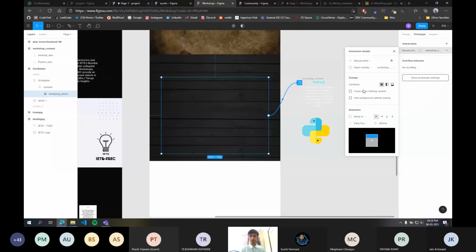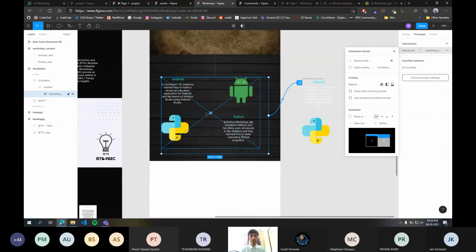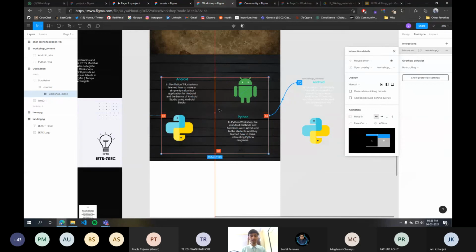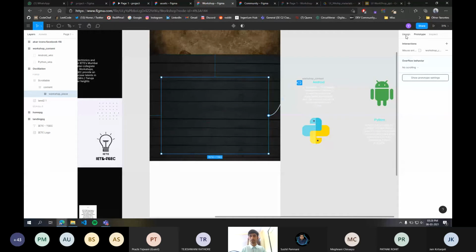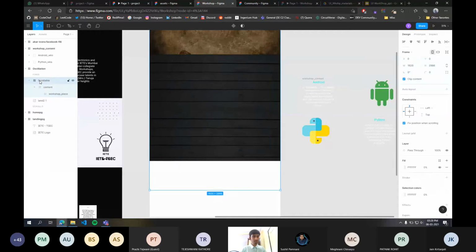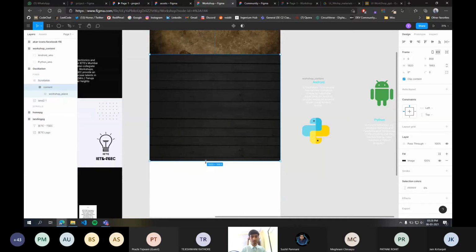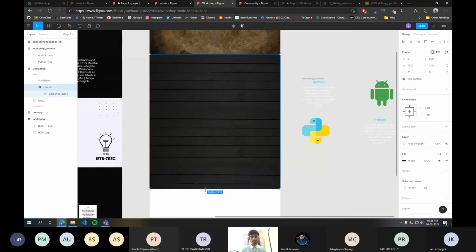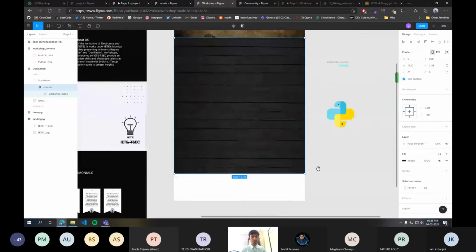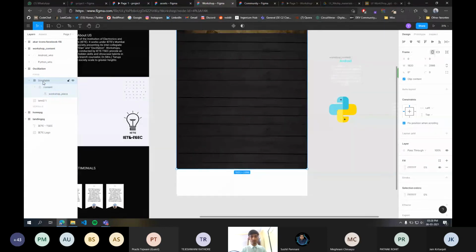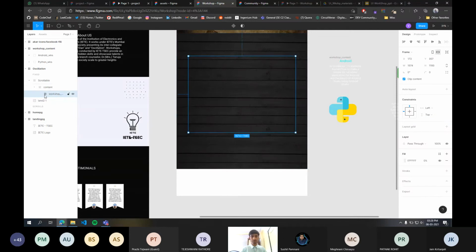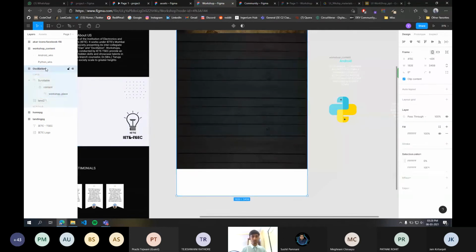Cool. Now for overlay, choose manual and just align it to the center so that it looks decent. Okay, this is scrollable, this is content.